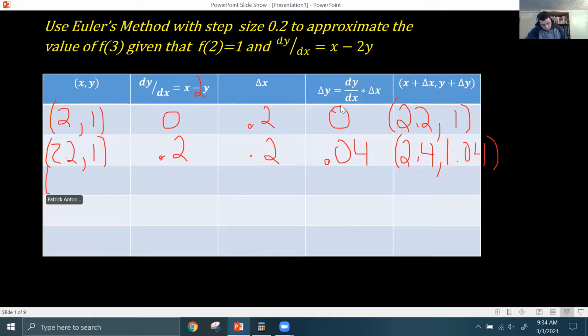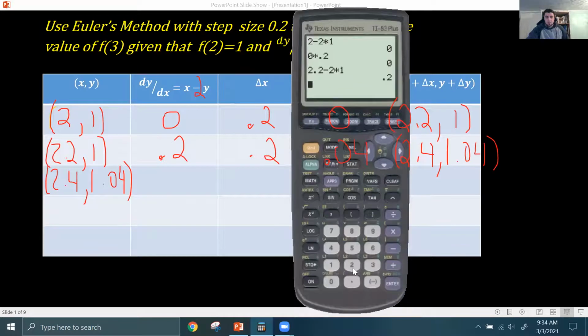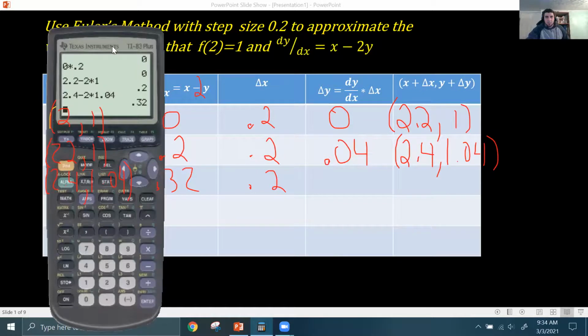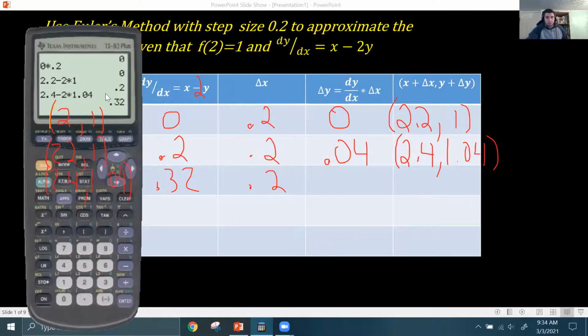The next line is going to be 2.4, comma 1.04. Our slope is going to be 2.4 minus 2 times 1.04. And that gives us 0.32. Our dx, or delta x, excuse me, is always 0.2. And then our delta y is going to be dy dx, that 0.32, times delta x, so 0.32 times 0.2, and that gives us